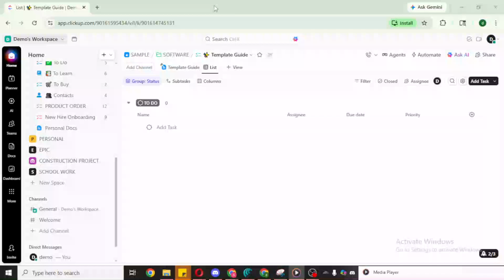In today's video, I'm going to teach you how to export ClickUp tasks to CSV. Exporting your tasks to a CSV file is a great way to back up your work, share data with teammates, or analyze progress in a spreadsheet. CSV stands for comma-separated values, and it opens easily in tools like Excel, Google Sheets, or any data app you prefer. Let's walk through the process clearly and simply so you know exactly what to click and why.